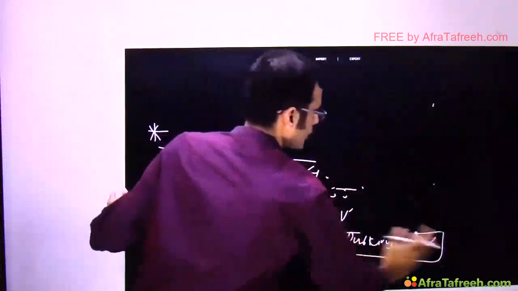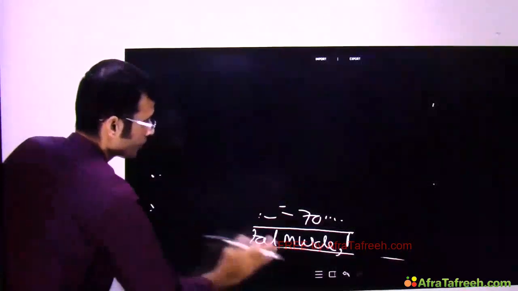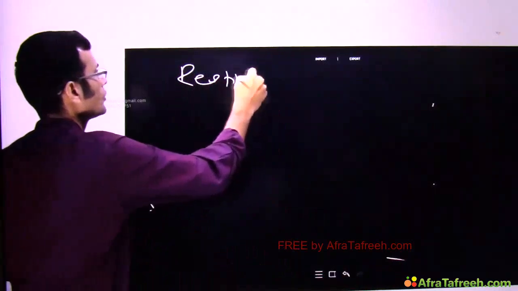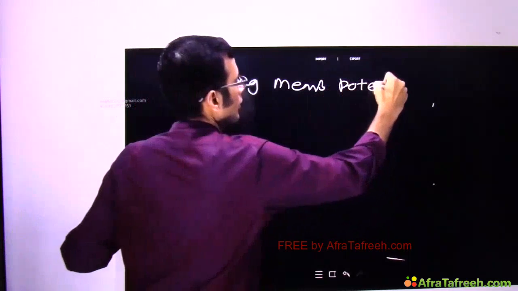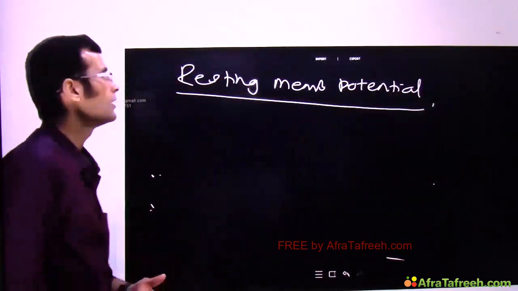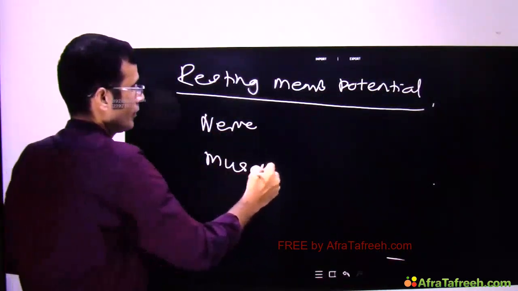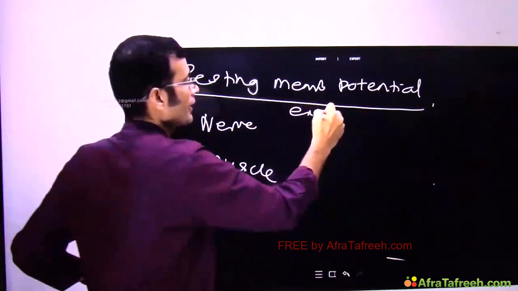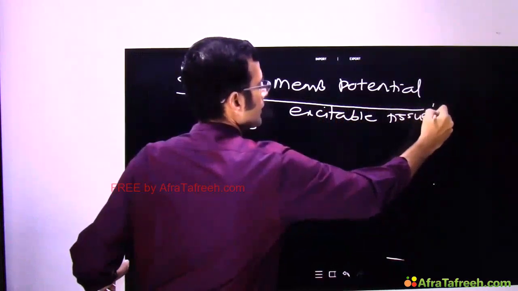Well, membrane potential is a term used for every cell, but we will use the term resting membrane potential basically for two tissues, the nerve and the muscle, because these are said to be the excitable cells. These are excitable tissues. Their cells are excitable,